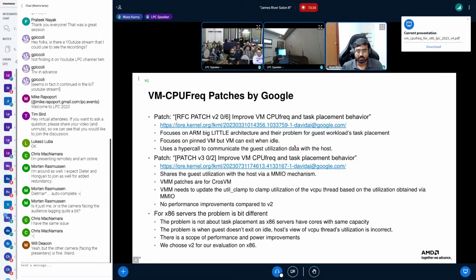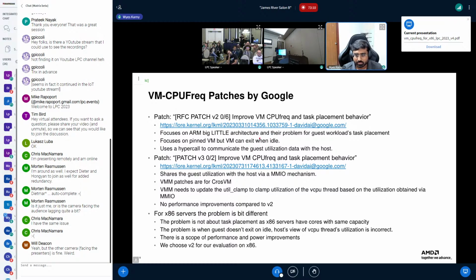So we evaluated the VM CPU Freq patches from Google, and there are mainly two versions of this, V2 and V3. V2 is based on the ARM big.LITTLE architecture, focuses on pinned VMs and uses hypercalls.